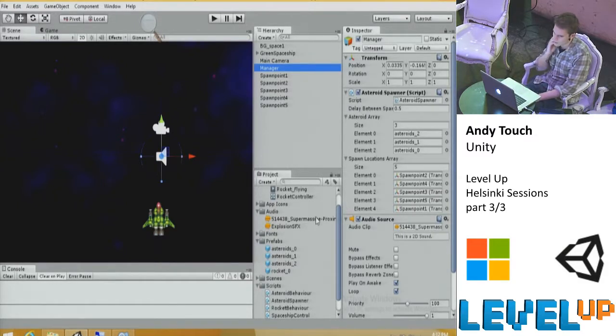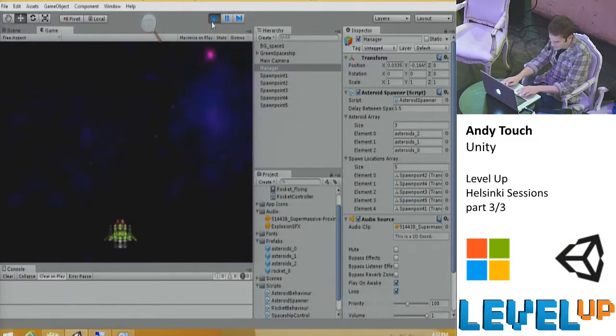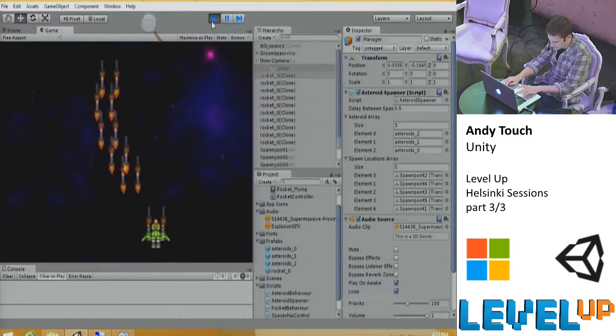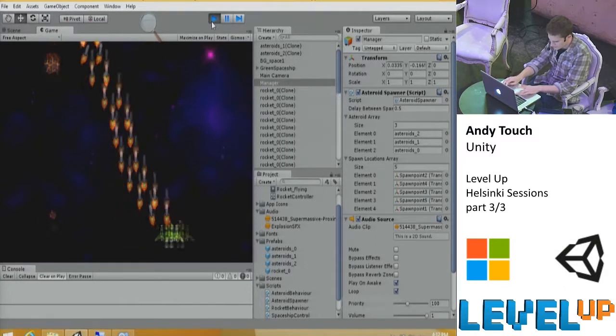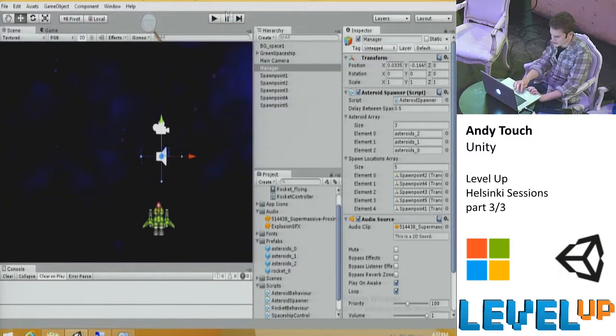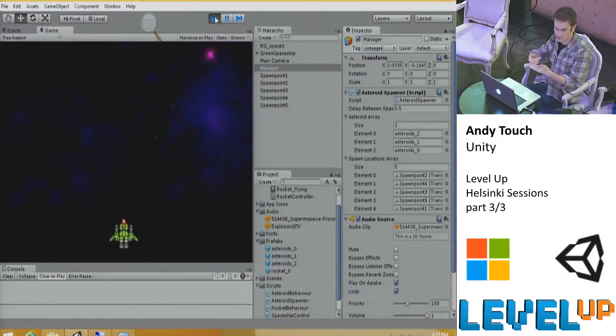So I was kind of half expecting lots of different, like this same clip playing from lots of different locations, which has happened before, but yeah. Cool, so we've got some background audio, and that's cool. It's given us a bit more character to our game, as opposed to just firing rockets and blowing things up. What we want to do now is have, every time one of our rockets hits